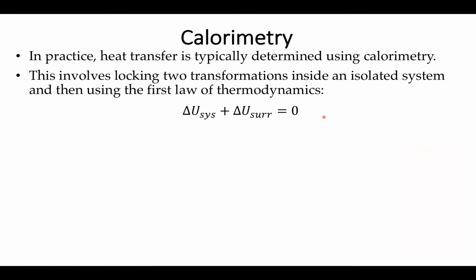And so what we're doing is making use of calorimetry to lock two particular transformations inside a single isolated system. So that way, if I can measure a change in temperature of one substance, I should be able to determine how much energy came from the other part. And so we can do this making use of the first law of thermodynamics. If both the system and the surroundings are trapped in an isolated system, the change in energy should